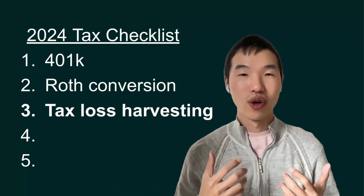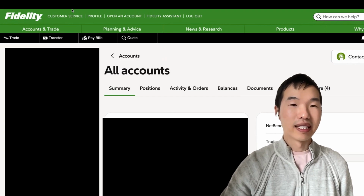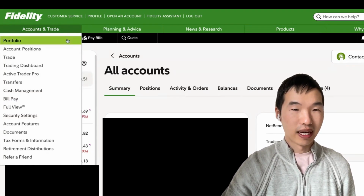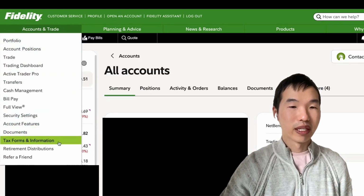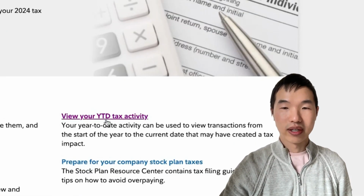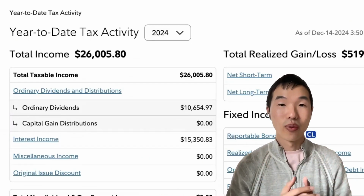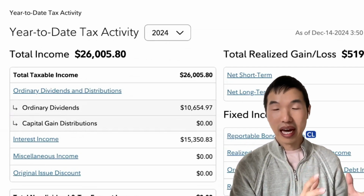And I'll actually show you, for example, how you can do that with Fidelity. So with Fidelity, you can go to Accounts and Trade, then down here, there's Tax Forms and Information. Click on that. Then on this screen, you want to click View Your Year-to-Date Tax Activity. Then it will take you to this screen where you can see, for example, in one of my taxable accounts,